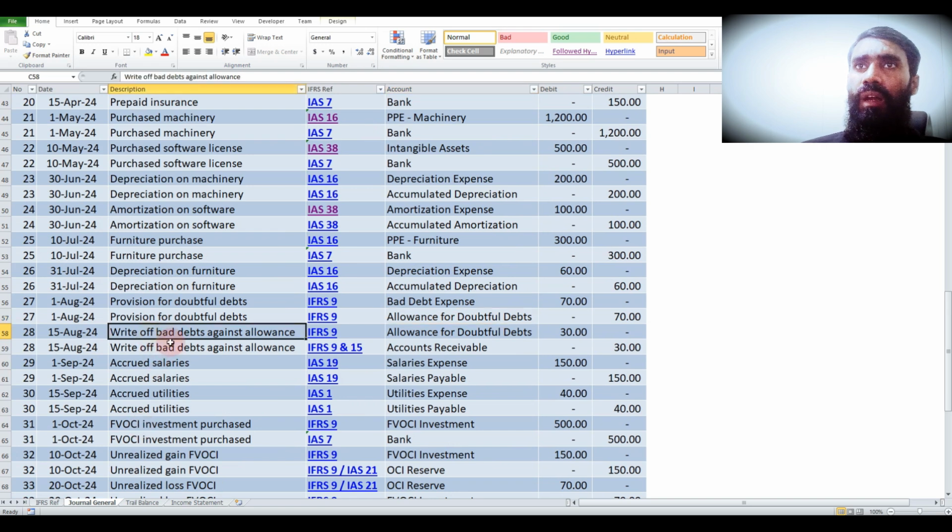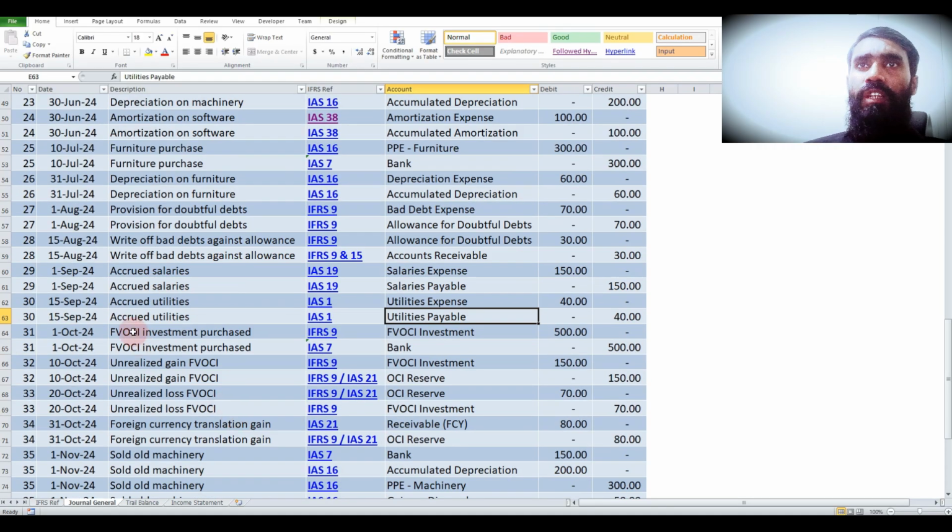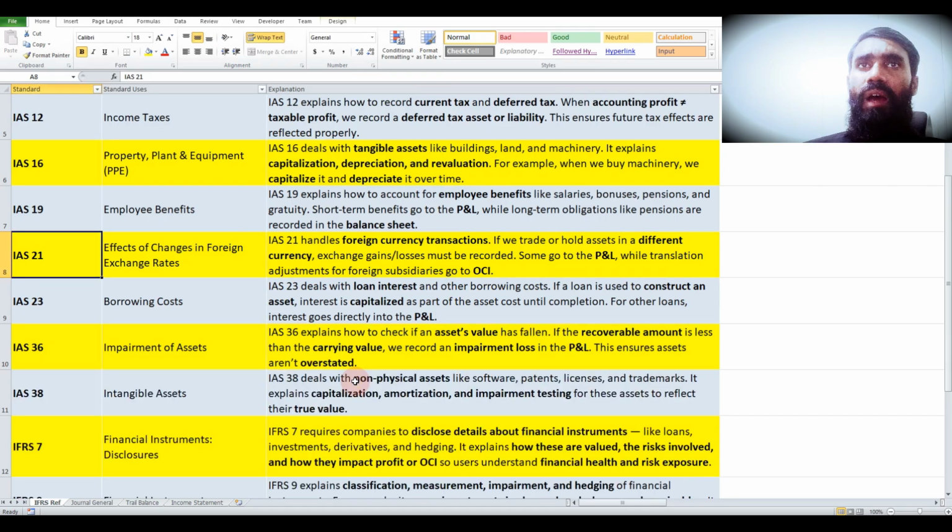debts credit. Write off bad debts against allowances: allowance for doubtful debts debit, account receivable credit. Accrued salaries: expense debit, salaries payable credit. Accrued utilities: utilities expense debit, utilities payable credit. Fair value other comprehensive income investment purchased: investment debit, bank credit. Unrealized gain: fair value other comprehensive income investment debit, other comprehensive income reserves credit. Under IAS 21,